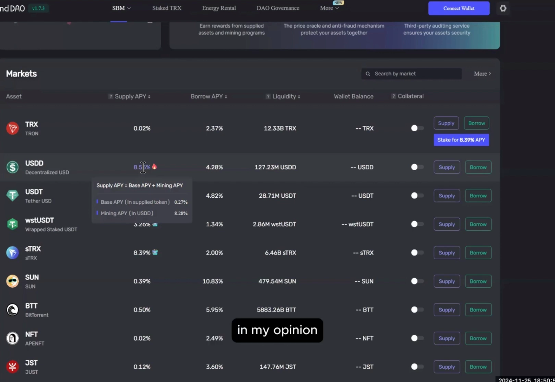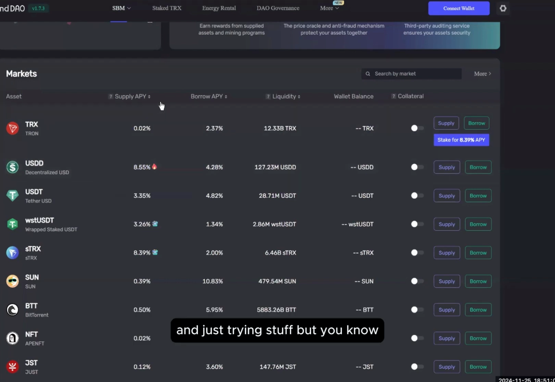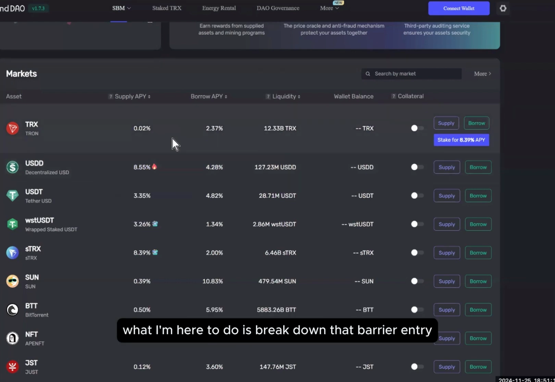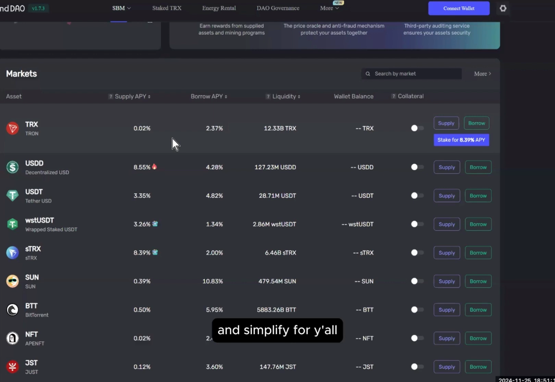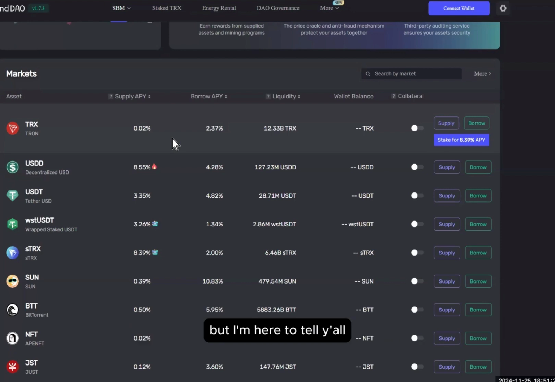In my opinion, if I knew this when I first came into crypto, this would have been the route I would have been going anyway, you know, outside of just investing in NFTs and trading and just trying stuff. But what I'm here to do is break down that barrier to entry and simplify it for y'all, because I know most people are scared of crypto. They've seen people lose money. They've lost money in this, and it's discouraging. But I'm here to tell y'all,